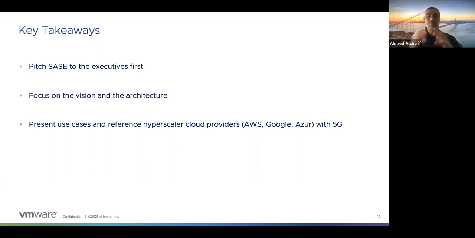Bigger picture. That's what makes VMware uniquely positioned among everybody else. Again, we are the competitive team. Engage us as soon as possible if you need any help with any specific use cases, because I don't want to be engaged at the last minute. If the customer is about to make a decision, it's too late to change his mind, unless you give him something shocking. But if you start working with us from the beginning, we can change the customer perception about what SASE is, what problem it comes to solve, and what you need to select when it comes to SASE.